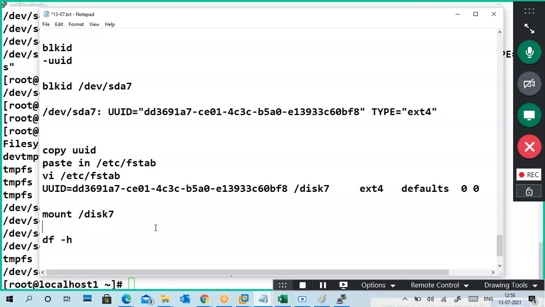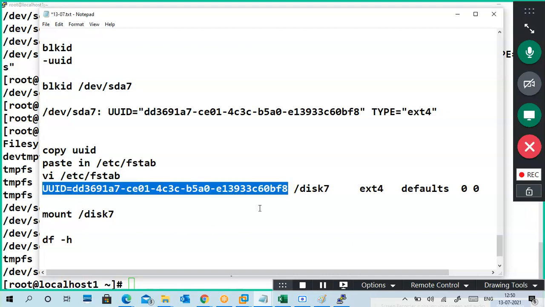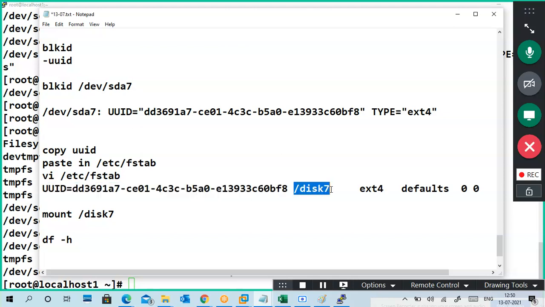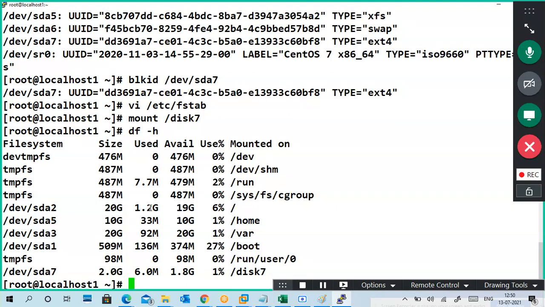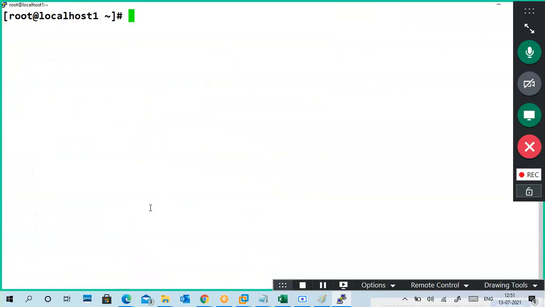Okay. Of course, now what will happen, even if you restart your PC, this is a unique ID of the partition. So the partition numbers won't give confusion here. At boot time it easily identifies the partition and immediately mounts it to this folder. Make sure the folder is there and don't delete the folder. So this is your total partition, but I separated it. Okay, so that is how to add your partition into boot time. Okay guys, understood?